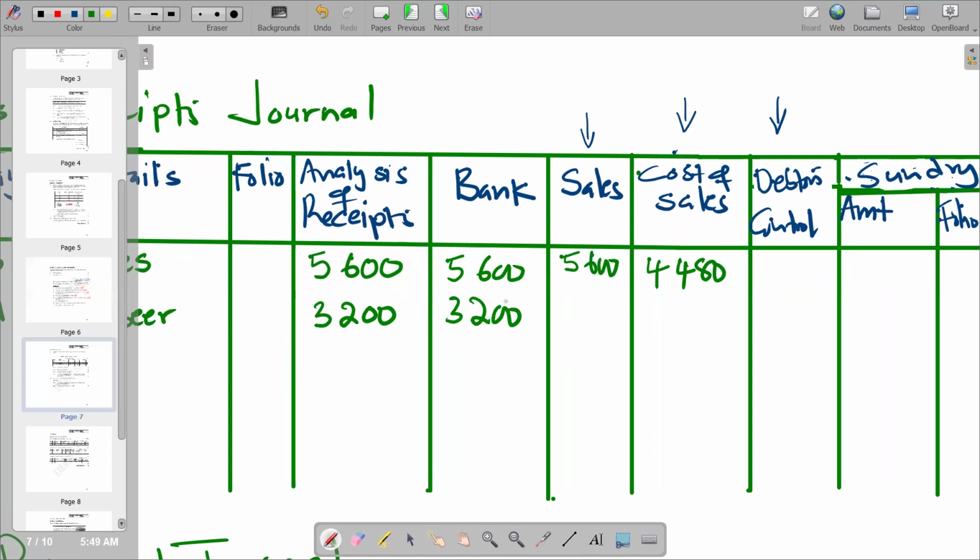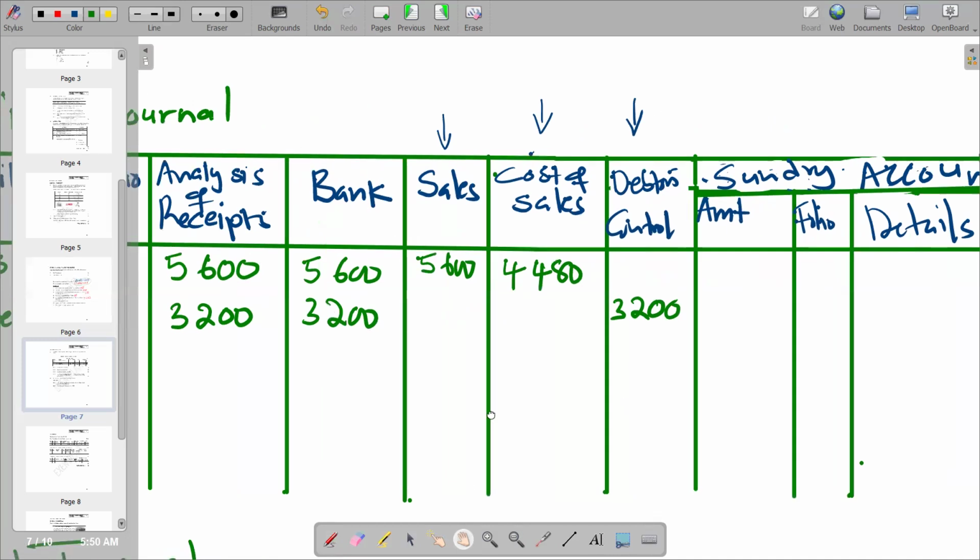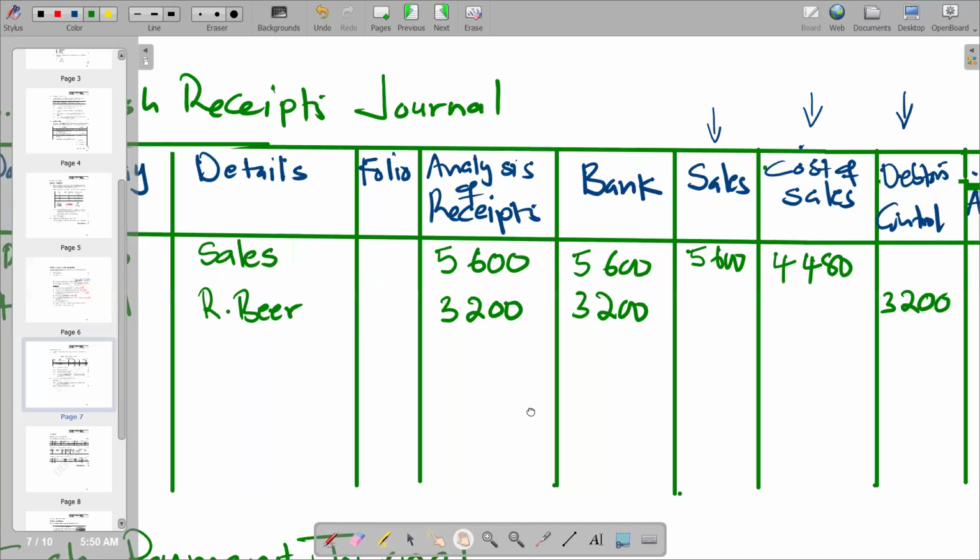3,200 again here. Then we check if it applies in the sales column, cost of sales column, or debtors column. We are seeing that this is a debtor that is paying money, so we are supposed to see it in the debtors column. It's not going to apply under the sundry accounts columns, so we put our 3,200 in the debtors control column. It's not supposed to be part of our standard account. So this is what we have. Then we go to